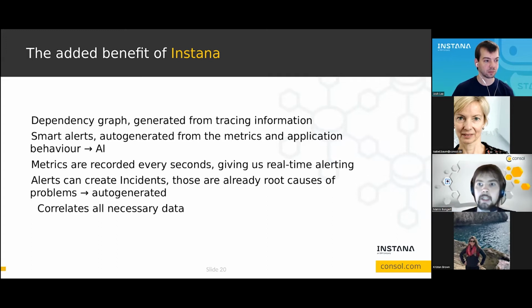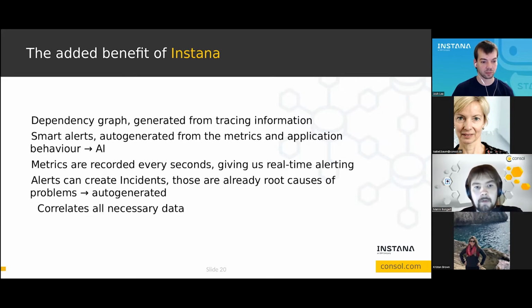Instana learns how the application behaves normally and can then detect abnormal behavior. Metrics are collected every second, and this gives us real-time data of our application. So if, for example, memory spikes in an application, we will see it instantly and we can react instantly because Instana will alert us instantly.